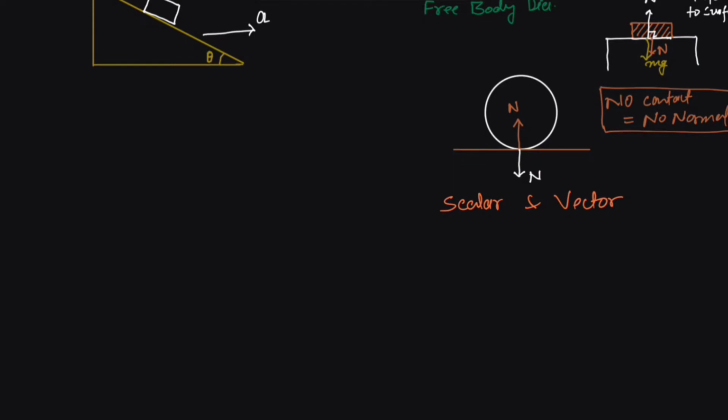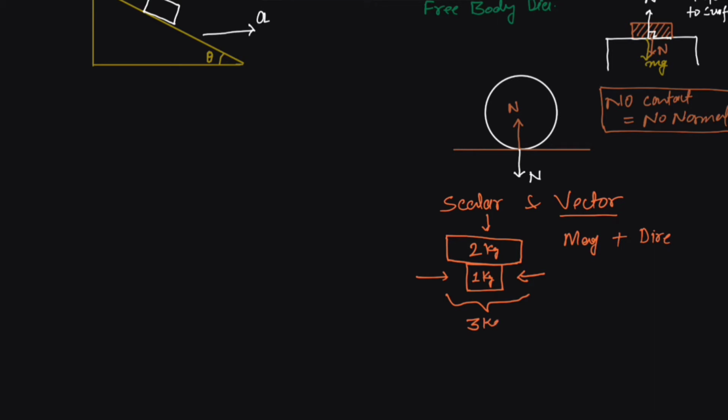Vector quantities are the quantities which have magnitude as well as direction. Suppose this is a mass of 1 kg, say 1 kg sugar. You add 2 kg more sugar in it, the total mass would become 3 kg. It simply adds up. Doesn't matter if you put this 2 kg additional sugar from the right side or from the left side or from the top. The total becomes 3 kg. So mass is a scalar quantity. It has only magnitude. Direction doesn't matter.